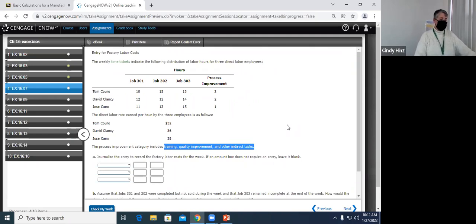And I had suggested, as we talked about this in an earlier class, that other things they might be doing include maintenance or cleaning up around their equipment, doing general types of work that can't be assigned to a specific job because it benefits the entire company or the entire process that they're working on. And so these process improvement hours are going to be assigned to the product. We wouldn't have these costs if we weren't making the product, but we can't assign them directly to job 301,